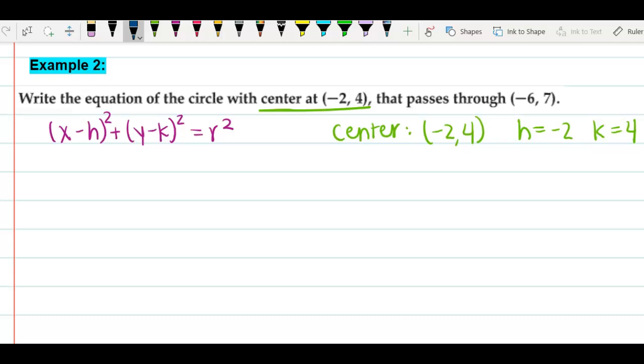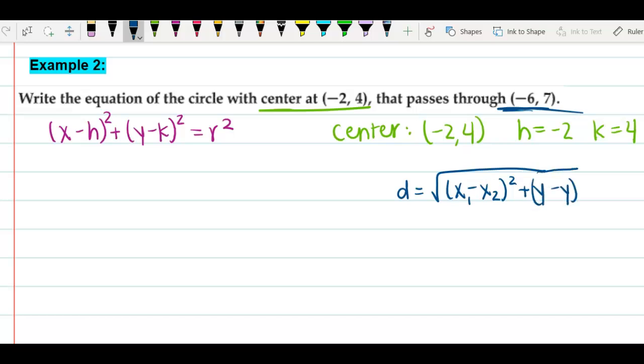We don't have the radius, but we know another point that the circle passes through. So what we're going to use instead is our distance formula. The square root of x minus x squared plus y minus y squared. Remember, either point can be x2 and x1, vice versa. Just make sure you pull from the same point. So if I say x1, y1, x2, y2,